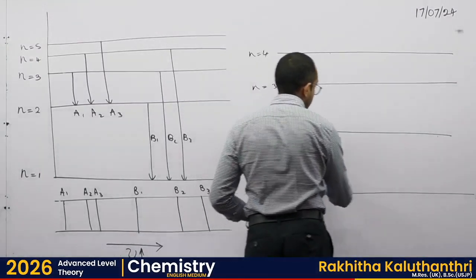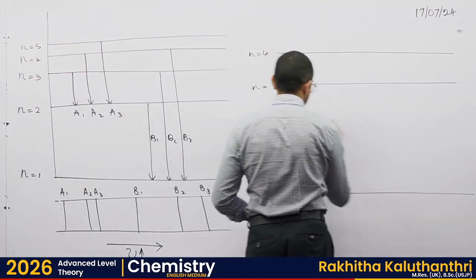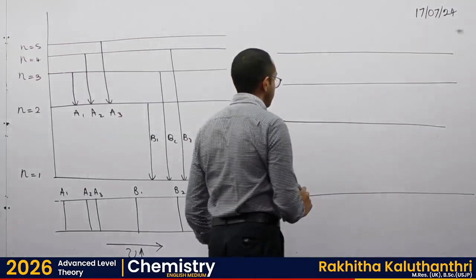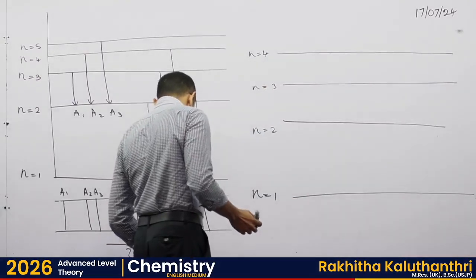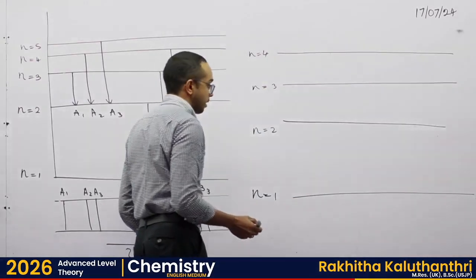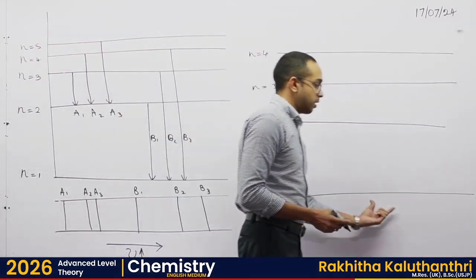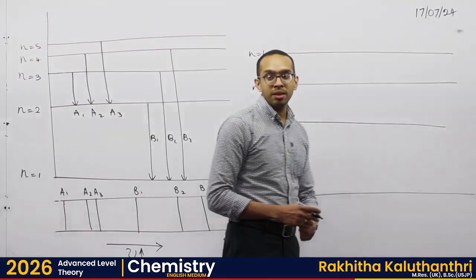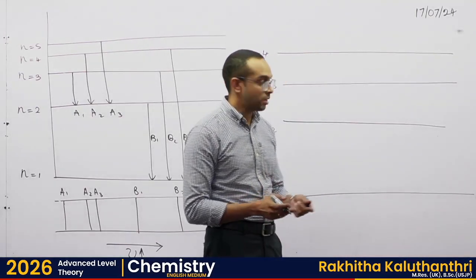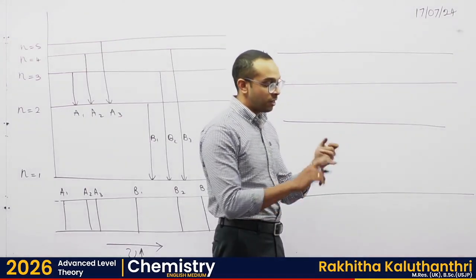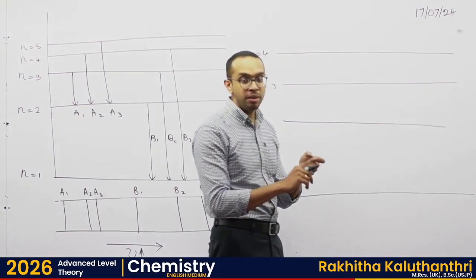So I would draw this a bit up like so, right? So now basically they are asking you to show A, infrared region electron transitions that can take place, then visible light, then UV. Basically, students, they are asking you to show electron transitions that fall within Lyman, Balmer and